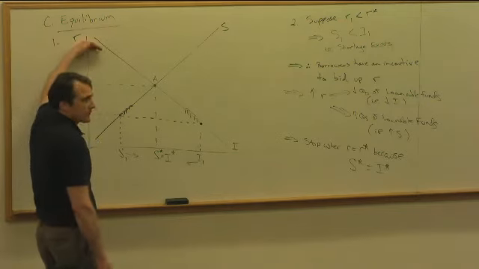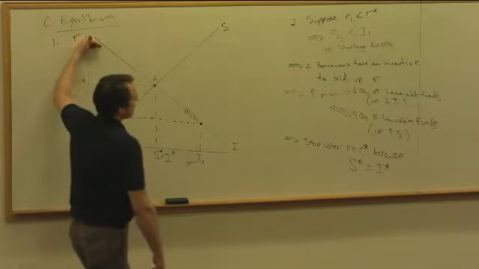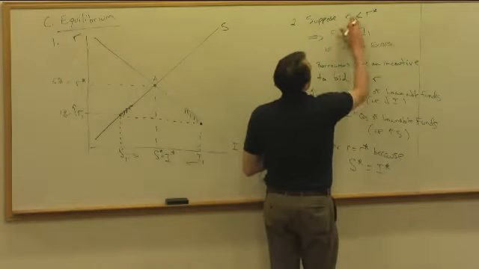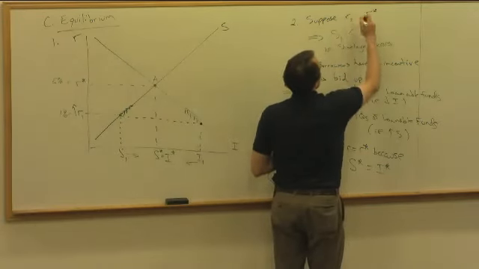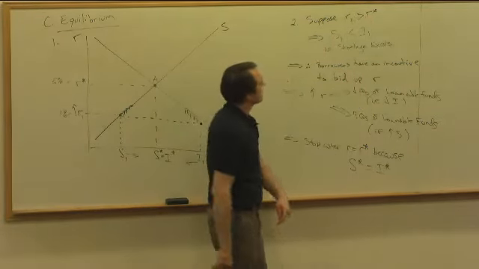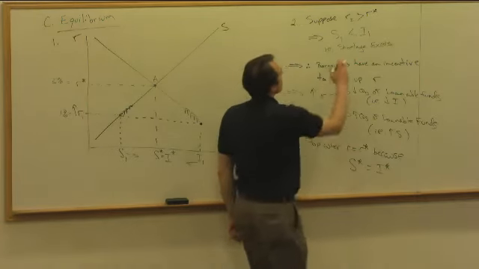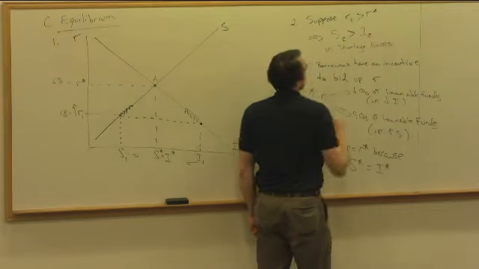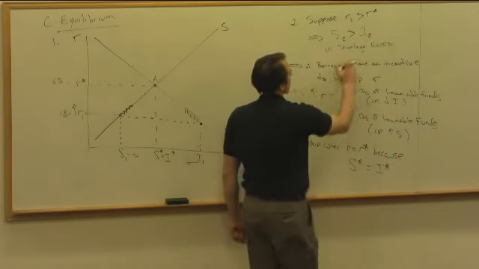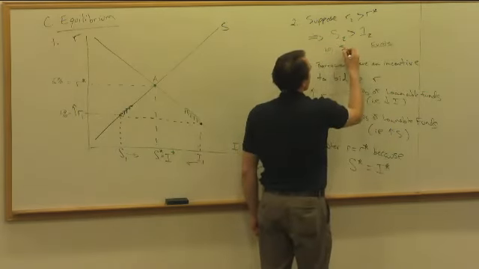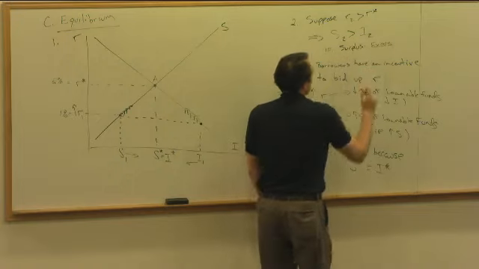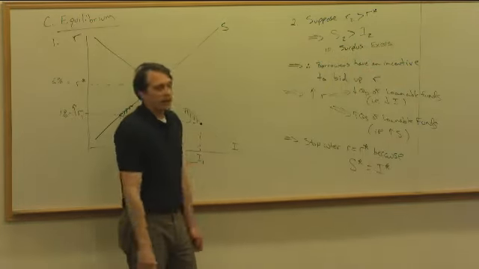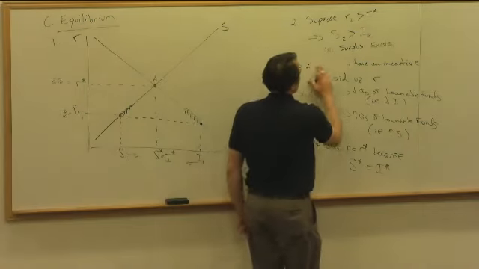And if I wanted to, I could go ahead and tell exactly the same story, except when the real interest rate starts off above equilibrium. The difference would be, if I call it R2, I won't do it at the board, you just end up flipping all these inequalities. The real interest rate's greater than equilibrium, so the quantity supplied of loanable funds is going to be greater than the quantity demand of loanable funds, so it won't be a shortage. It'll be a surplus. And borrowers will no longer have an incentive to bid up the real interest rate. It'll be lenders